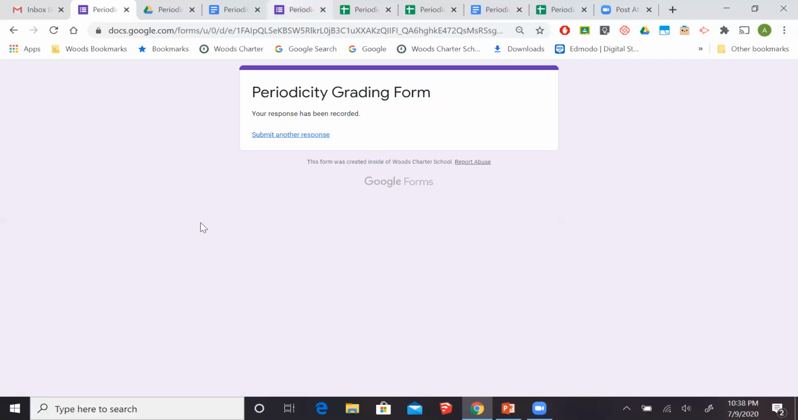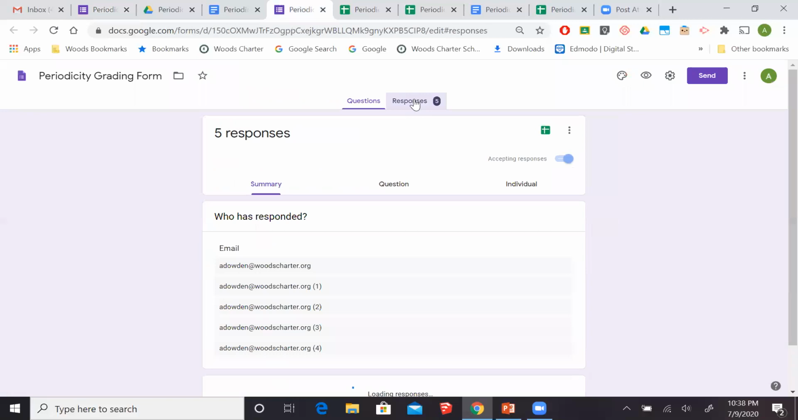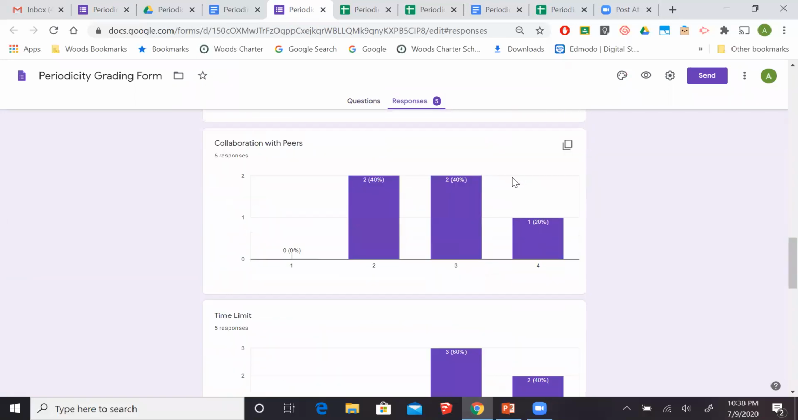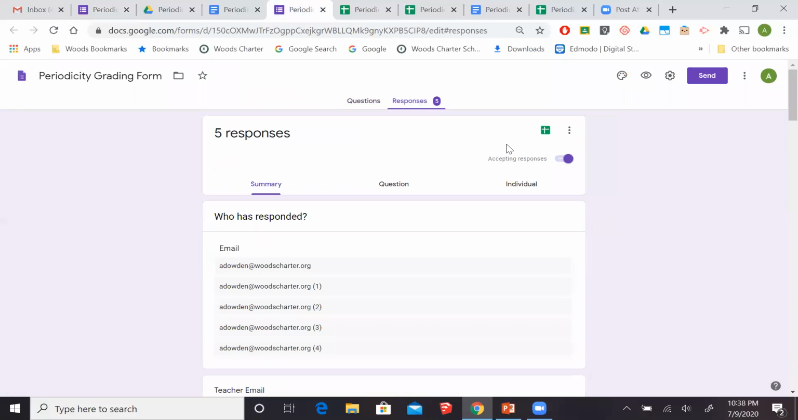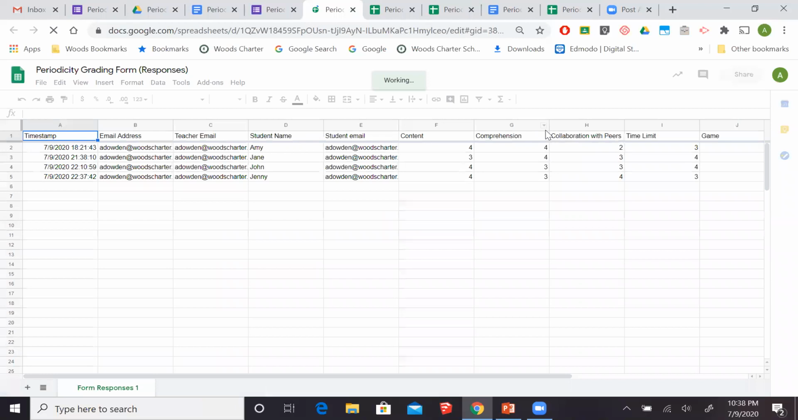Now that I've graded that, I go back to the original form that I created and sent to myself, and I go under responses. And I had already graded several others, so you can actually see that there's 5 responses here, and you can get the different information from it. But really what's most useful is to go to the spreadsheet view. So if I click on this little green icon up here, that will then bring me to the spreadsheet view